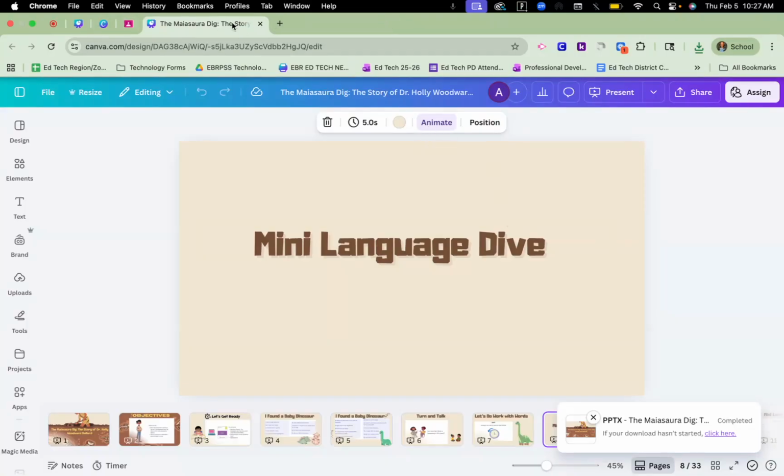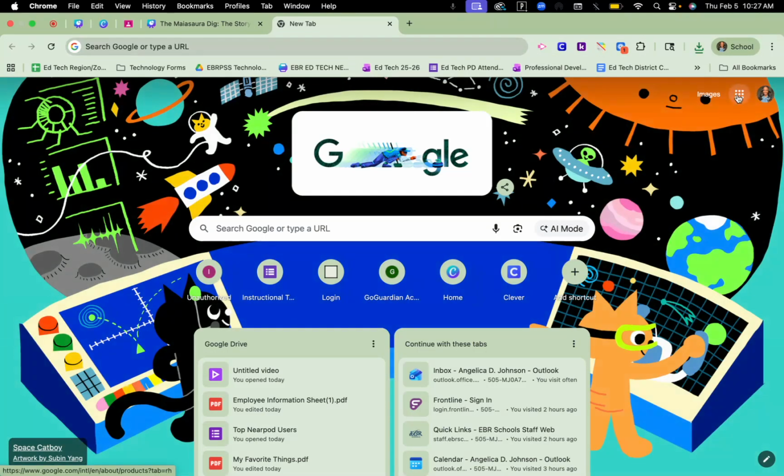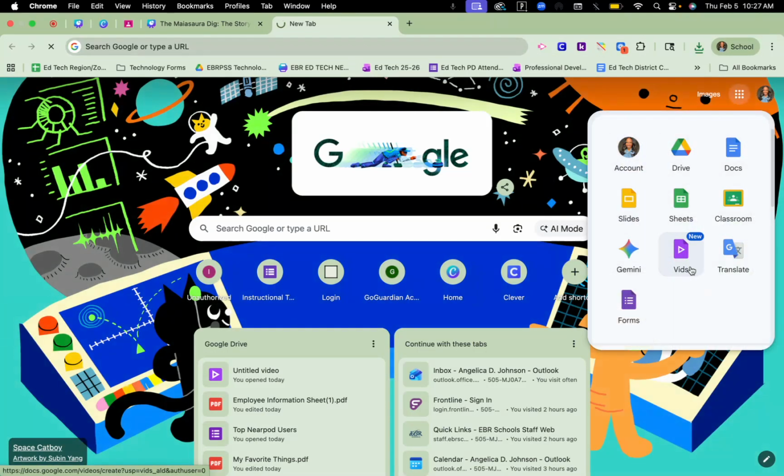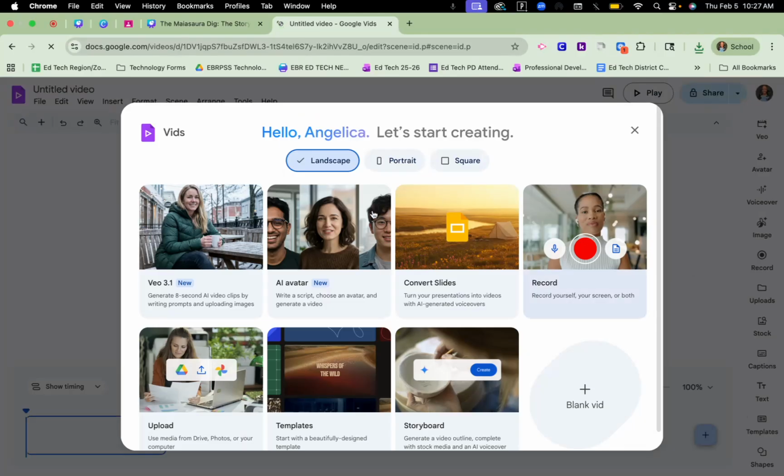Now, to get to Google Vids, again, you would go to your app launcher and click on the Vids link. Once you get to the dashboard or the storyboard, there are several options here. The last time we had our conversation, we did a blank video. This time, we will be converting slides. I'm going to click on the Convert Slides button,